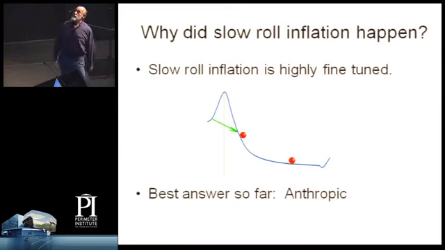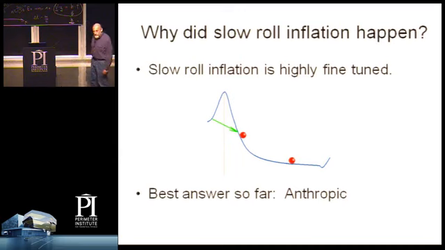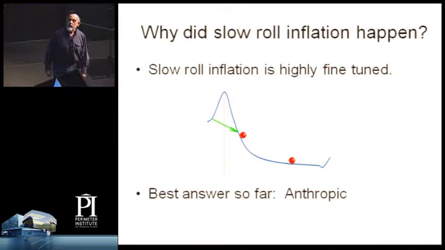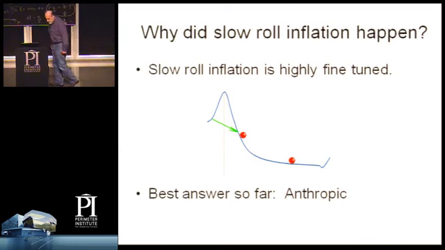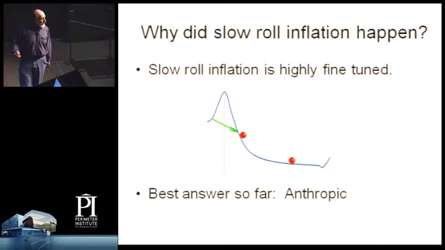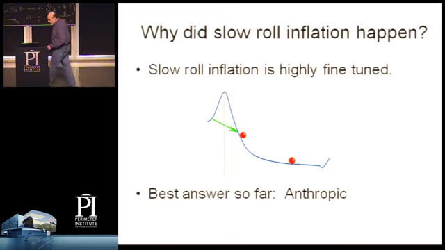First question is, why did slow roll inflation happen in the first place? If you take a look at that potential, it's a rather odd potential. It's bizarre from the point of view of ordinary renormalizable quantum field theory. So it's not a natural, generic thing to happen, to have enough e-foldings of slow roll inflation to either obliterate the signals that came before or to account for phenomenology.